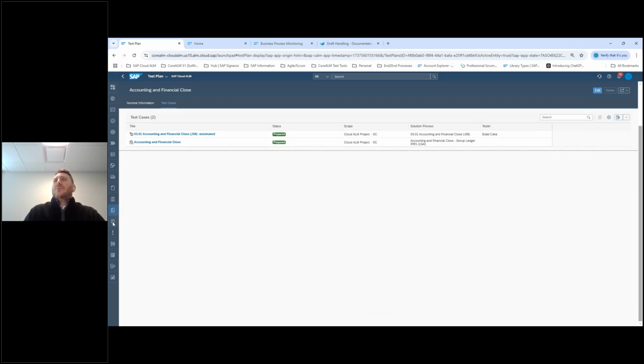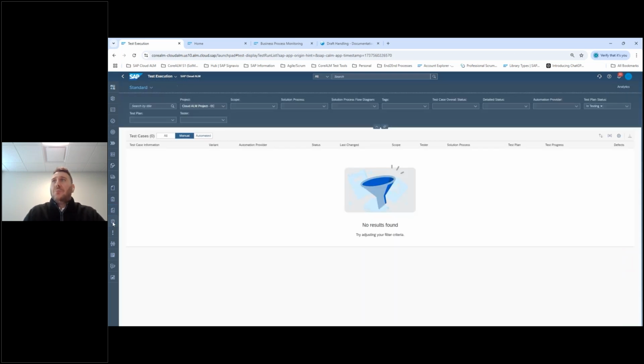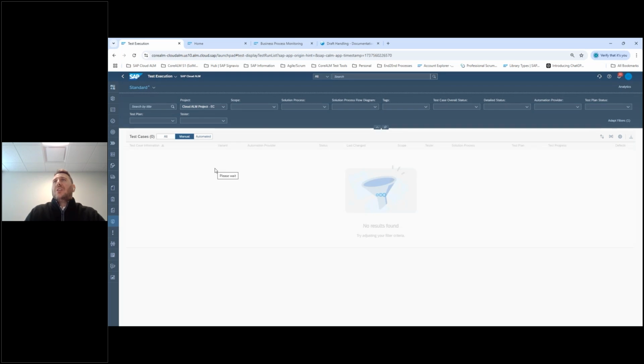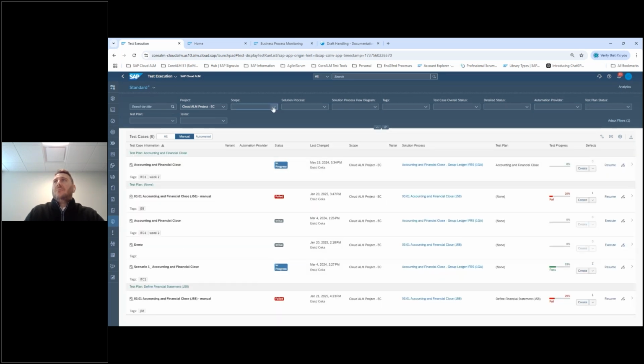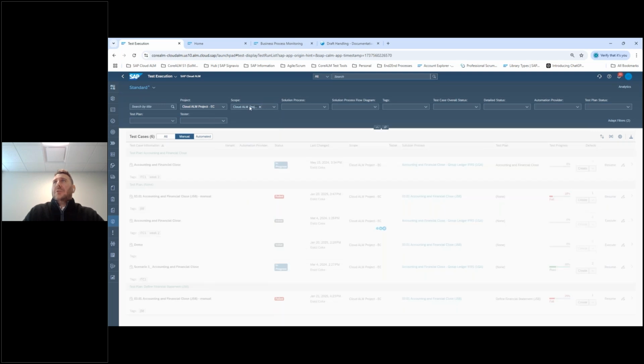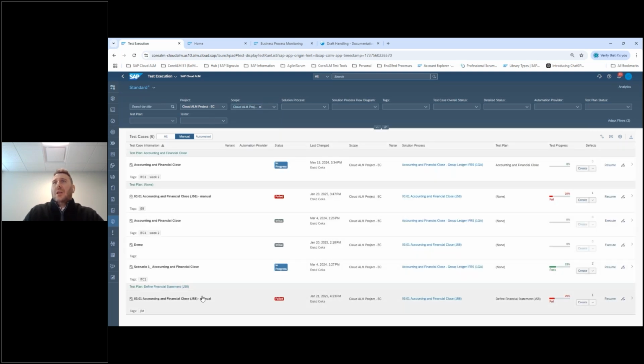So I've created my test plan. Now I have test cases. Then, of course, the next logical thing would be we want to execute. We want to test what we've built. So let me just add this to the scope. If you take a look at this test case here, which is a manual test case, at the very top you can see the percentage of testing that's completed. So this is how many test steps we already have completed,